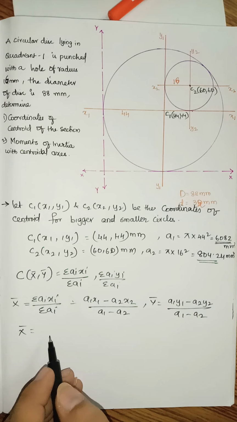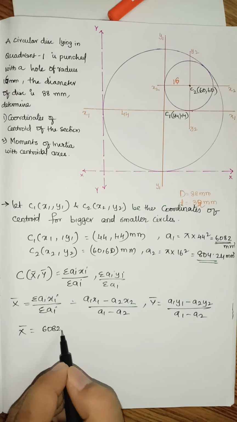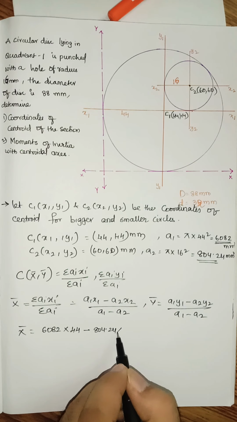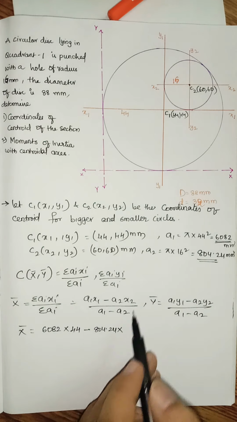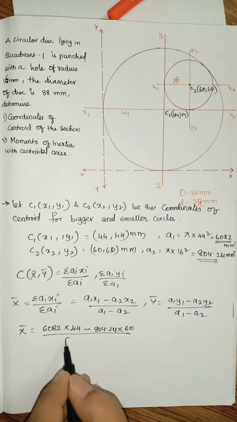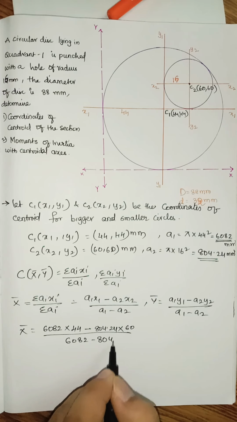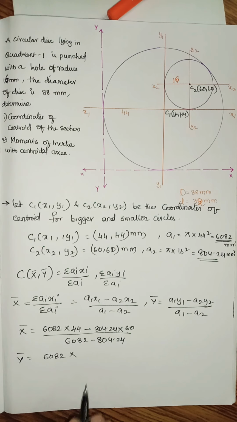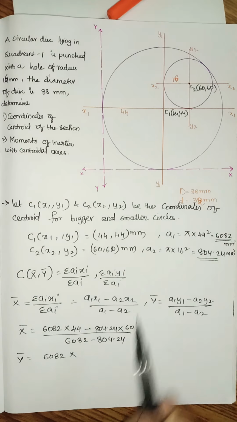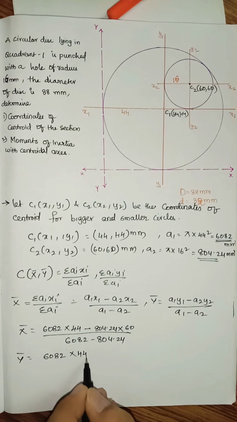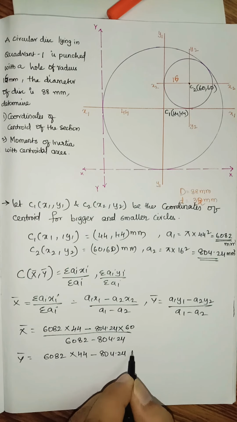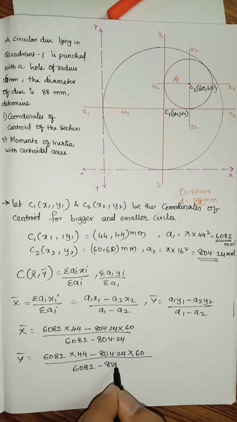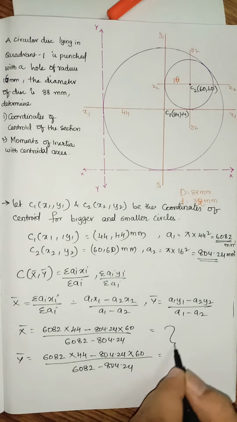Substituting the values, the area of the bigger circle is 6082 multiplied by x1 is 44 minus 804.24 multiplied by the value of x2 is 60 divided by 6082 minus 804.24. Similarly, y bar will be equal to 6082 multiplied by y1 which is 44 minus 804.24 multiplied by, same thing again, 60 divided by 6082 minus 804.24. Now both the values will be equal to,